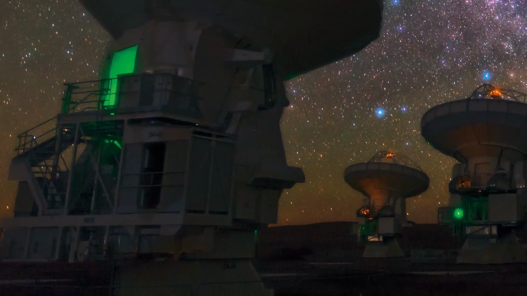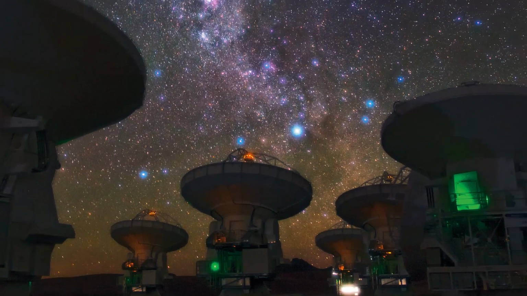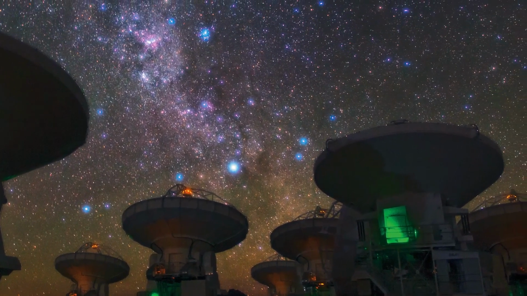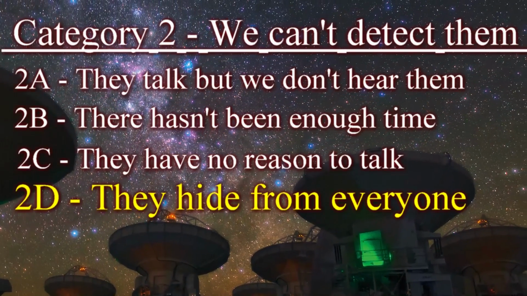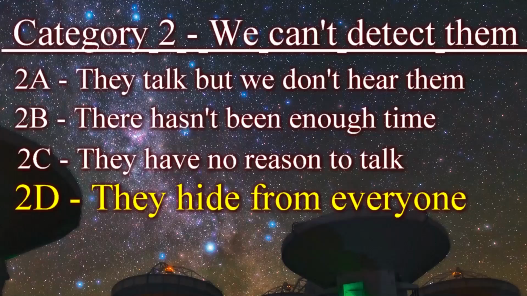Here we mean simply indifference as a motive. Too much effort, not enough gain, no conversation, and the weakness is that curiosity ought to be a common trait in technological civilizations, so a massive lack of it would be strange. It also has the issue that it ignores that active communication isn't our only way to detect people. Technological civilizations leave a lot of fingerprints lying around too, which is very important to the next category. Category 2D is the idea that they do have a very strong reason for hiding from us and everyone else too.